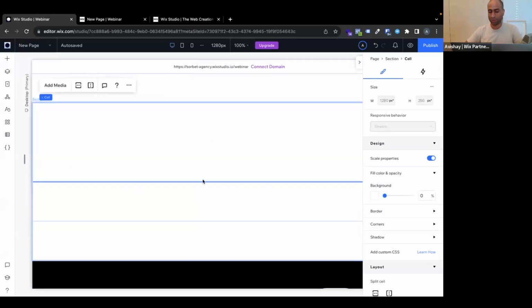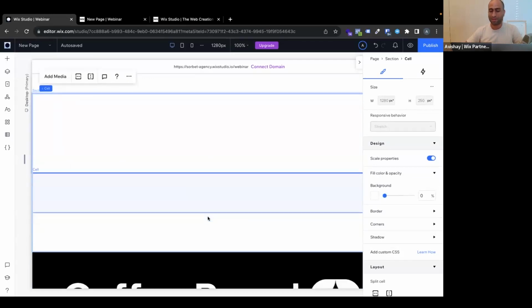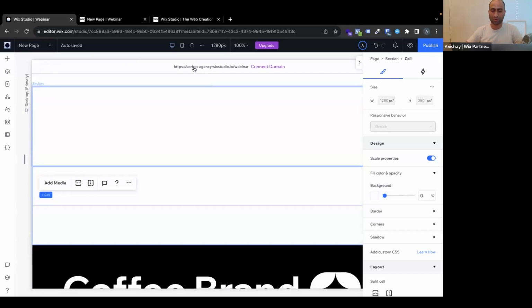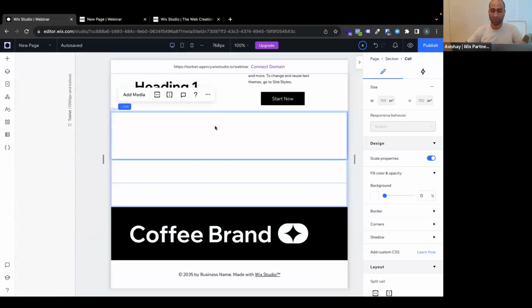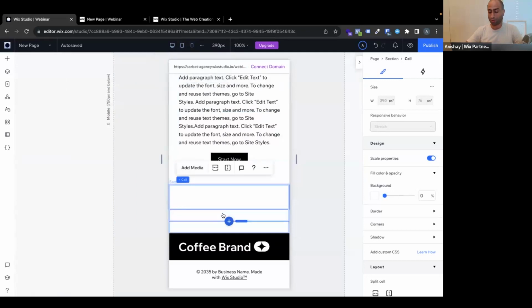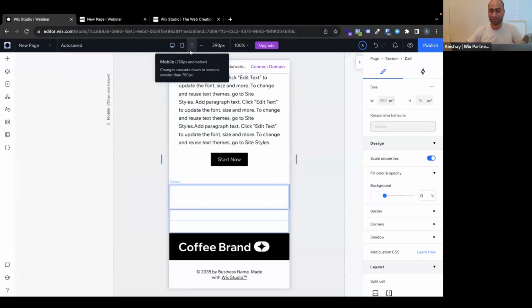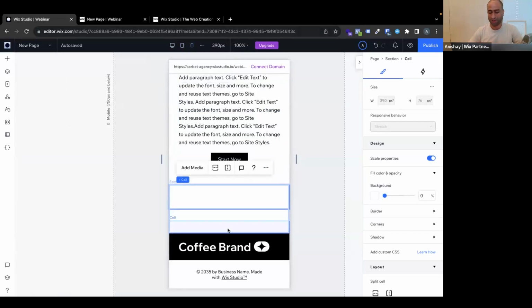And this is a super grid, all right? So we have those 3 rows in this section, and let's examine their behavior. This is how it looks on tablet, and this is how it looks on mobile. As you can see, it's scaled proportionally, meaning that all those cells maintain the same ratio in relationship to the